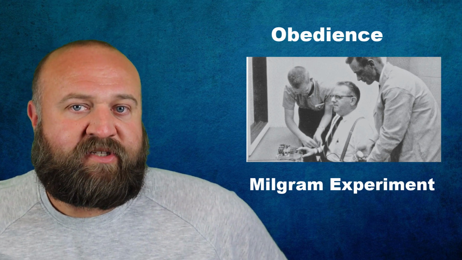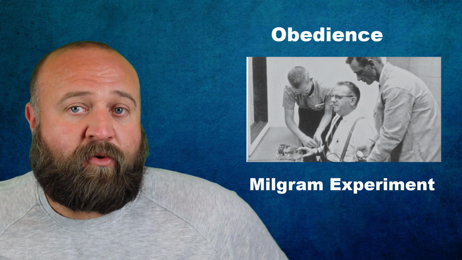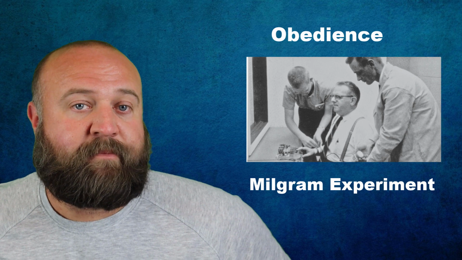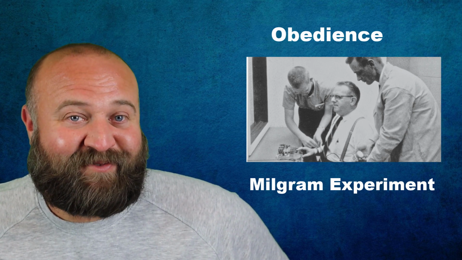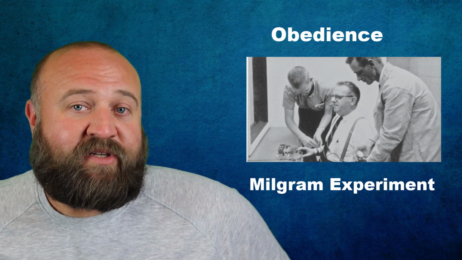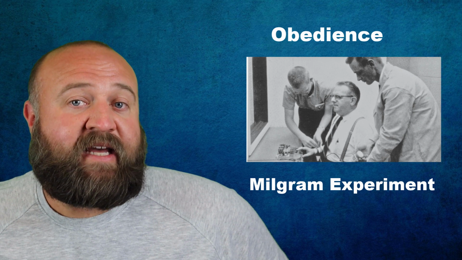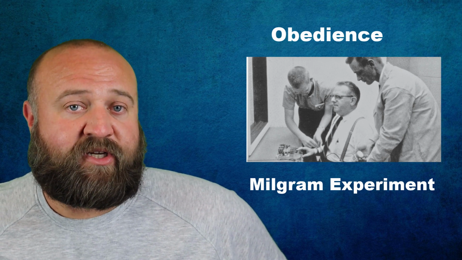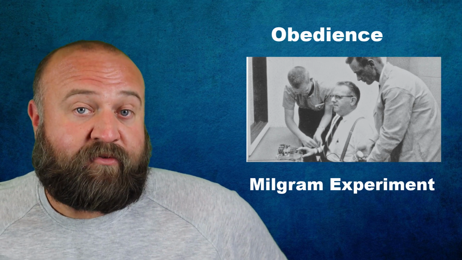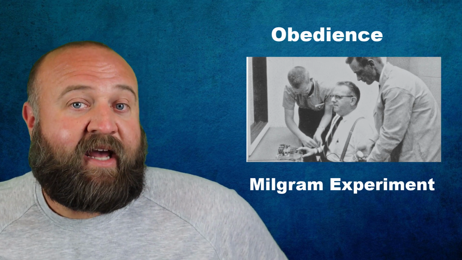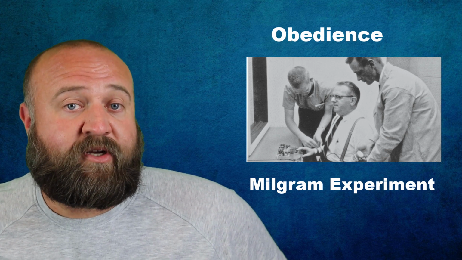Sitting adjacent to the participants was a person with probes attached to them that they were told were the actual subjects of the experiment. However, they weren't aware that these were actually paid actors. The actual participants sitting at the desk with that dial on it were told that they needed to ask the other person a series of questions. Every time the person got a question wrong, they were to deliver a shock to them. They had to start at the lower end of the voltage, then progressively work their way up, delivering stronger and